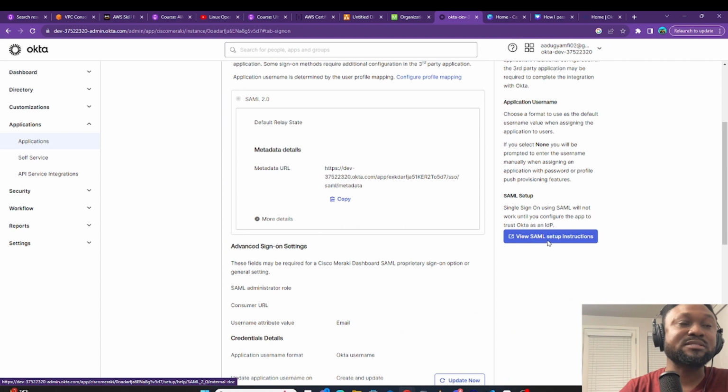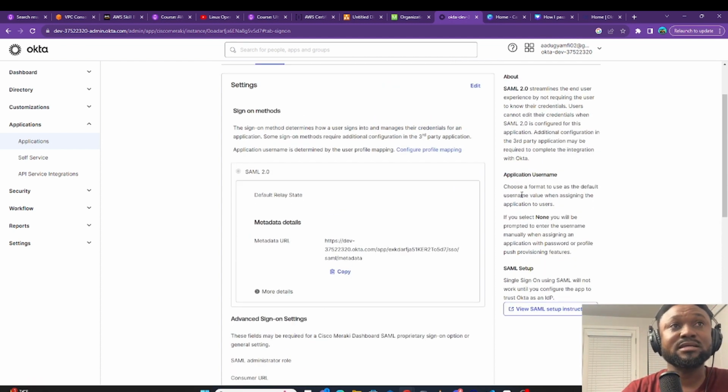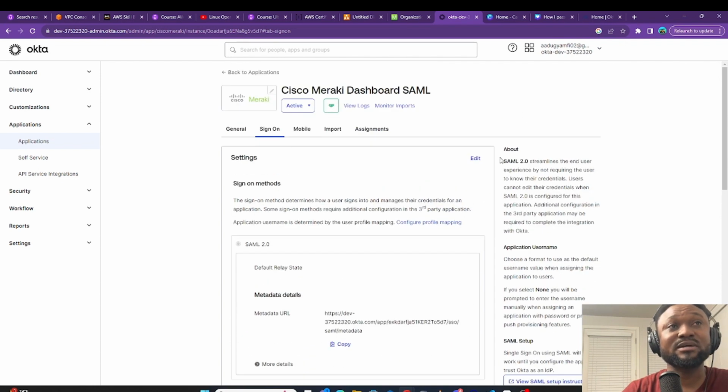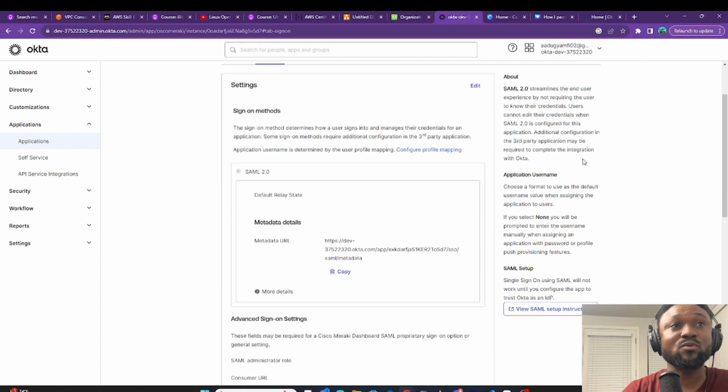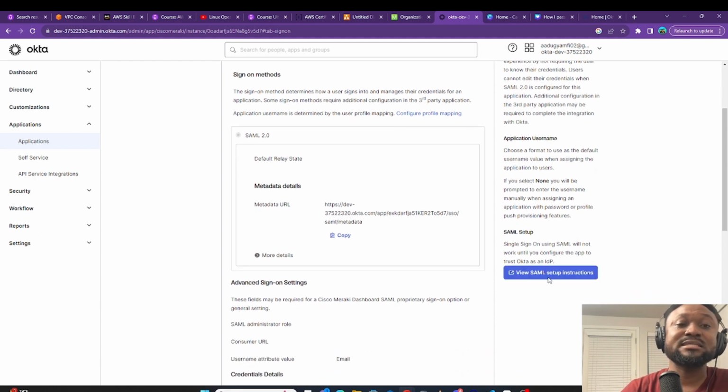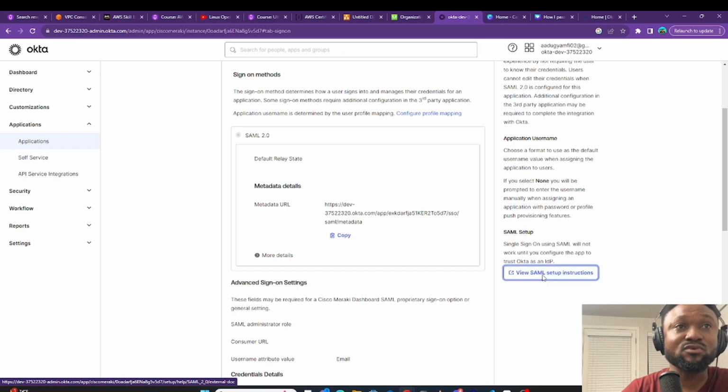view the SAML setup instructions. Okta makes it much easier for IAM engineers to do all this integration. When you look at it right here, on the right side you can see that they have everything about SAML 2.0, what it does, the application username, and SAML setup. Here they've given you the setup instructions, which should be very simple. So when you click on View SAML Setup Instructions,